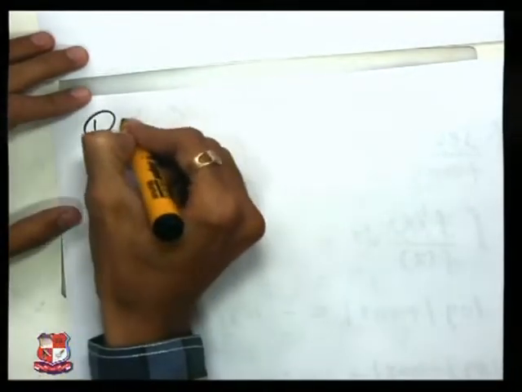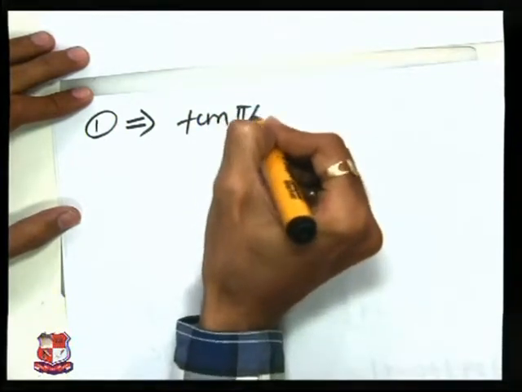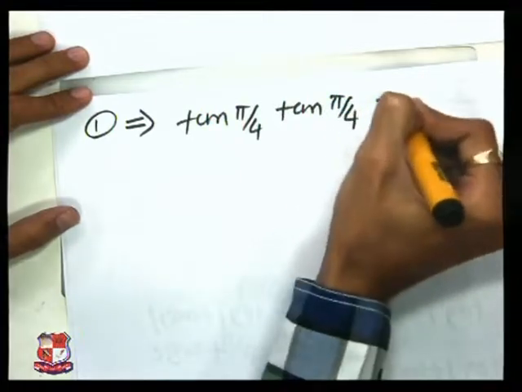So equation number 1 implies tan pi by 4 into tan pi by 4 is equal to